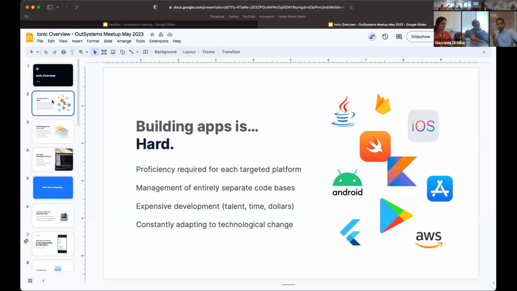So when you're building mobile apps, it's a challenging thing to do, not just from a developer proficiency perspective, but also if you're building an app that runs on the Google Play Store or the iOS store, you're managing completely separate code bases for your iOS and Android app, especially if you're building natively. And if you're building with React Native, you have a singular code base, but then your website is essentially in web code. So think of a company or a developer that wants to build a website and mobile apps. They now have to manage 2 to 3 different code bases, which becomes pretty challenging as you're trying to develop features and deliver for your users or your customers, etc.